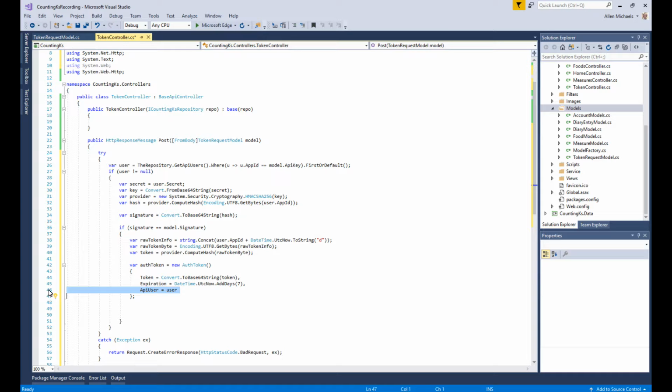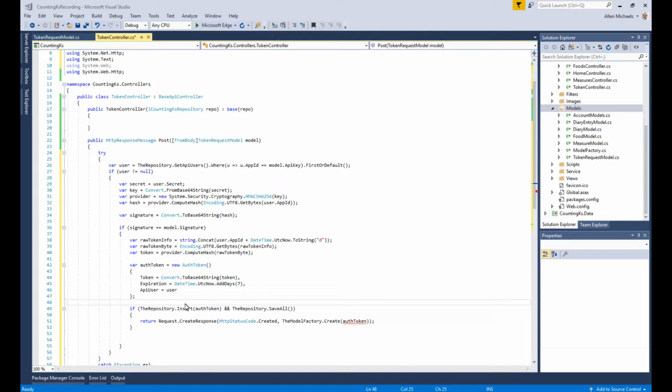So now we have an in-memory representation of this token. And the reason for that is that we are now able to save this token to the database. So what we do is we insert this auth token entity,